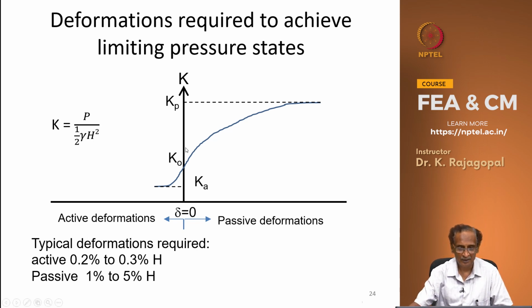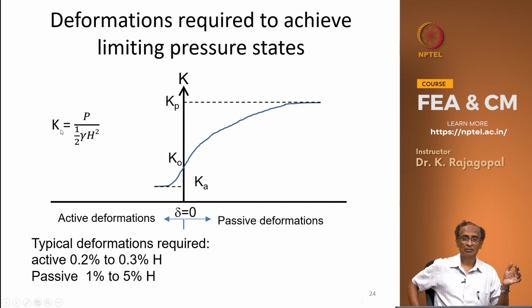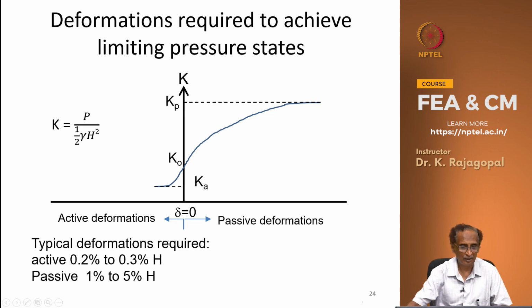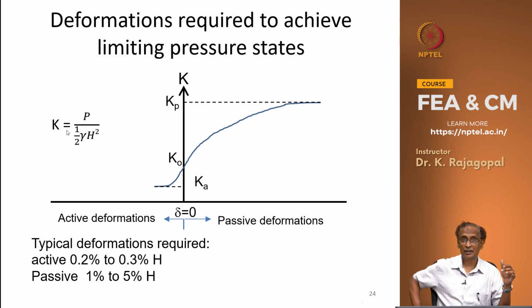And when we simulate this through finite element analysis, we can estimate the lateral pressure constant K as follows. P is the sum total of the reaction forces on the nodes where we applied the deformations. The sum total divided by 1/2 gamma h square will give you the K. Okay, and this is a simple thing, because in all these programs there will be a post processor